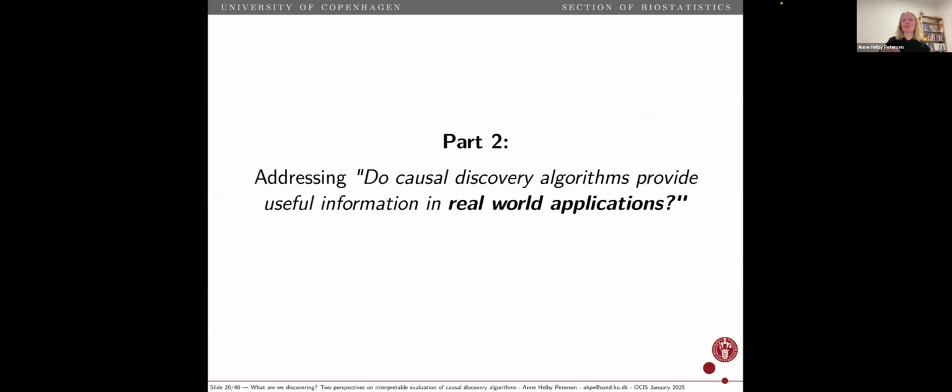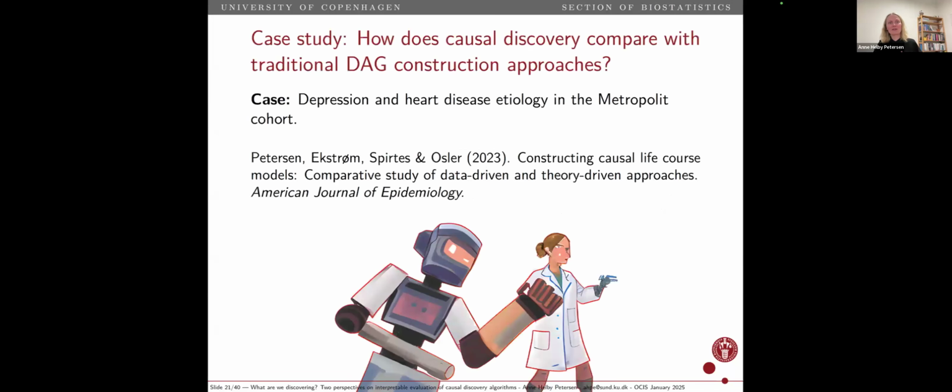But I will return to some of the points and how they can also be used in trying to understand what happens in the real world. Because in the second part, I will discuss this case study that we did with my collaborators, Klaus Ekström, Peter Sperdes and Merete Osler, where we tried to use causal discovery in practice in a cohort study, a life course epidemiological cohort study, where we tried to understand why some people got depressed and why some people had heart